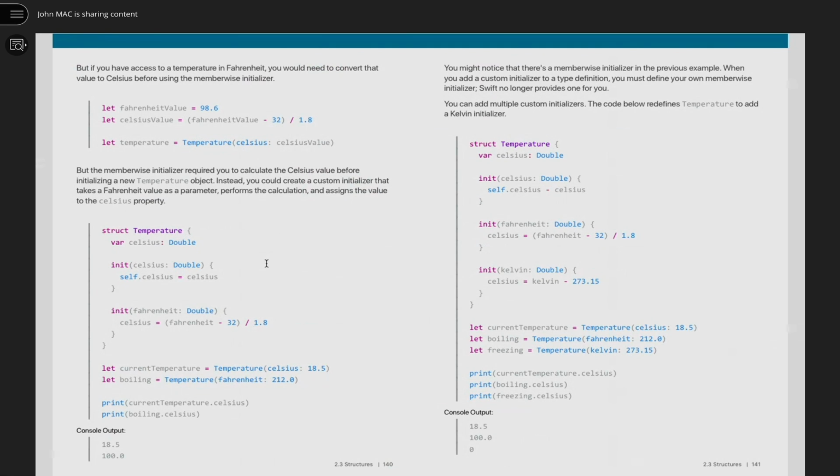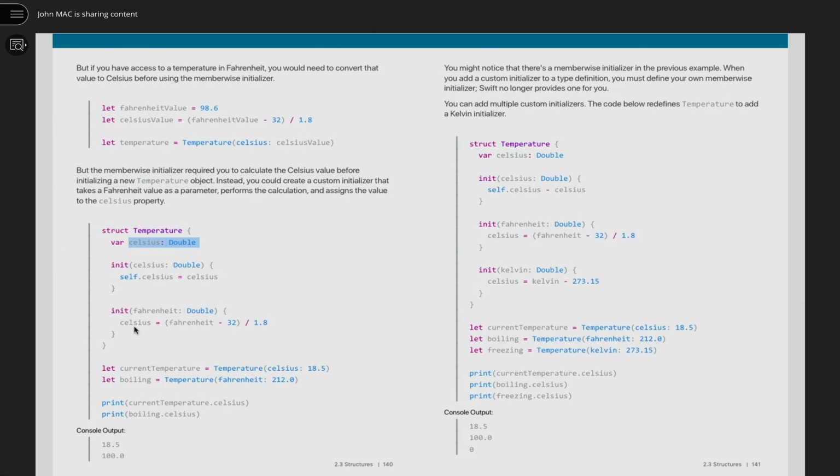Now, there's a couple of ways to convert between Celsius and Fahrenheit. This is a typical one way here. Inside the temperature I still have the property Celsius, but I have